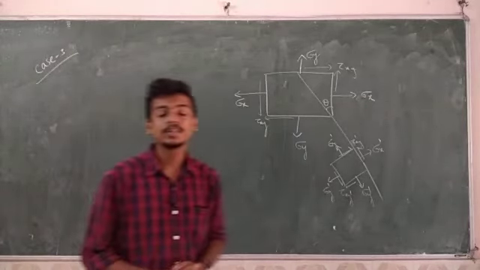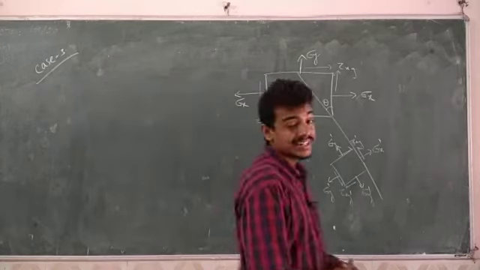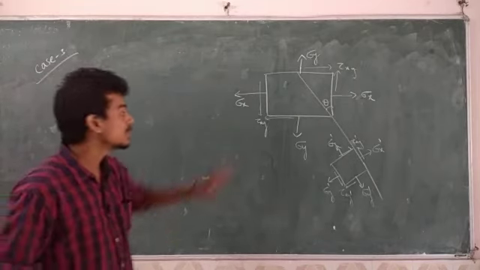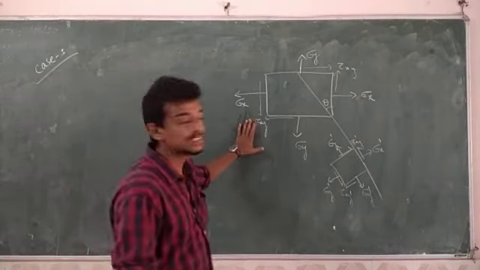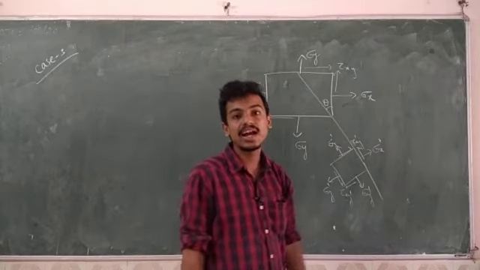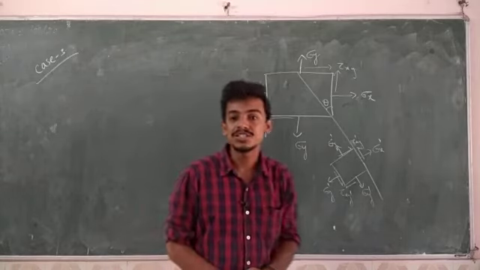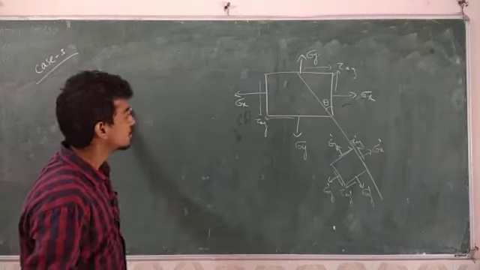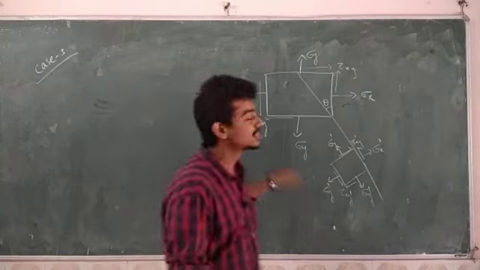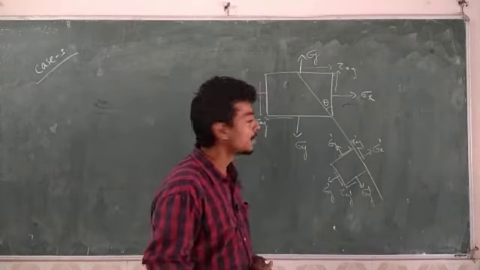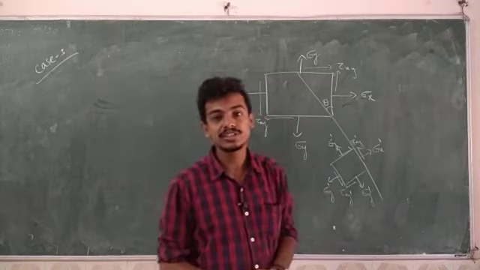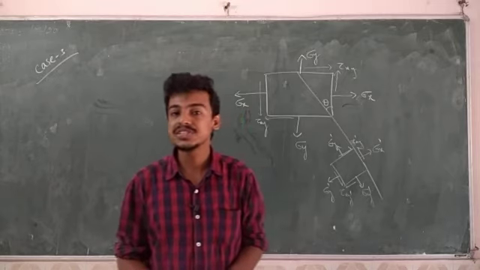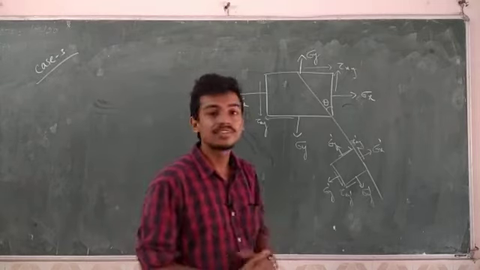Hello everyone. In the previous class, we studied the two cases of principal stress. In case 1, the member is subjected to uniaxial stress, meaning only one stress acting upon it, and you found the normal stress, tangential stress and resultant stress. In case 2, the member is subjected to principal stresses, that is major principal stress and minor principal stress, sigma 1 and sigma 2, and you have to find the normal stress and shear stress. So that also we covered.